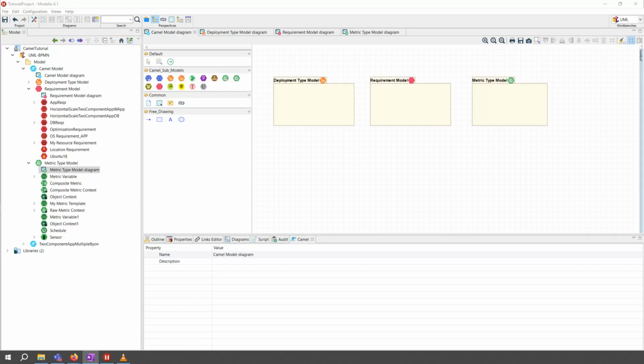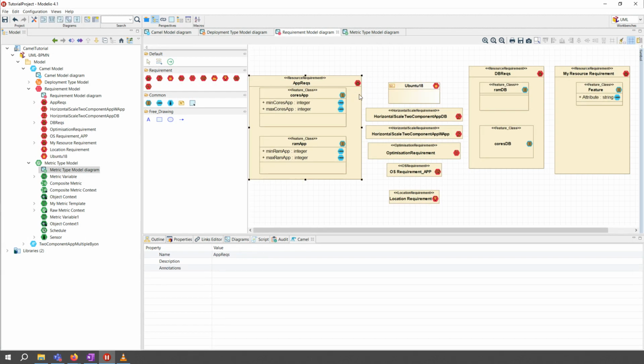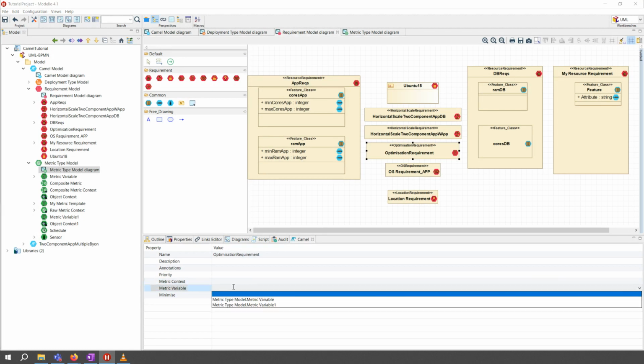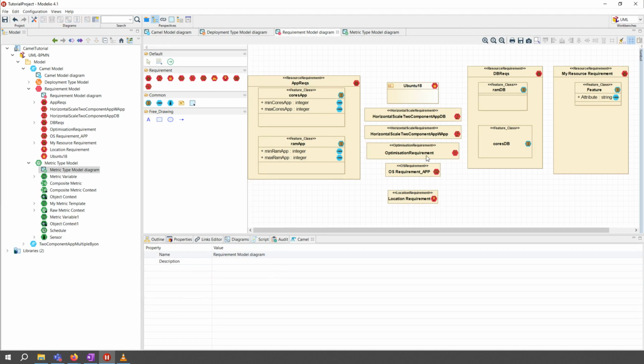In the previous videos, we have defined our deployment model, our requirement model, and finally our metric model. Once each one of them is filled, we can take a step back, so we can roll back from the metric model to the requirement model. For example, here we have the optimization requirement. Before having our metric model filled, we didn't have any metric context or metric variable, so we can select them